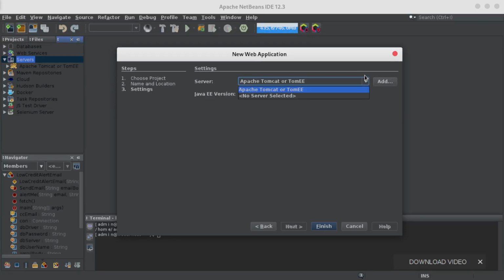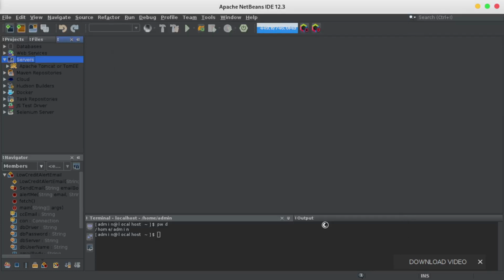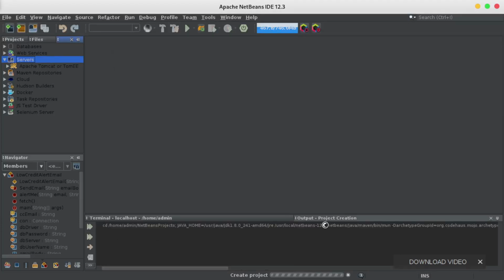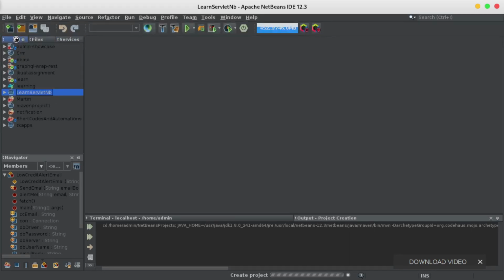You can always change this, don't worry. For the Java EE implementation, just use the highest, which is Java EE 7, and then click finish. So far we have our first web application in Java.